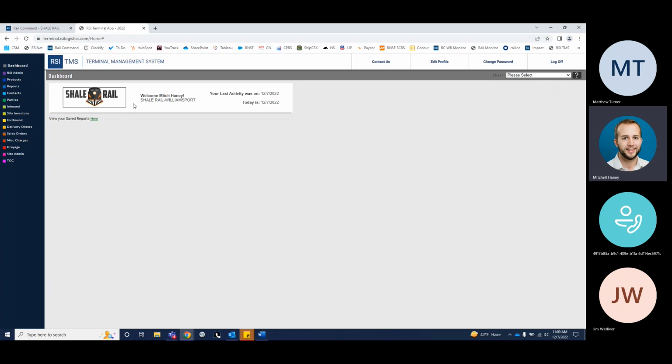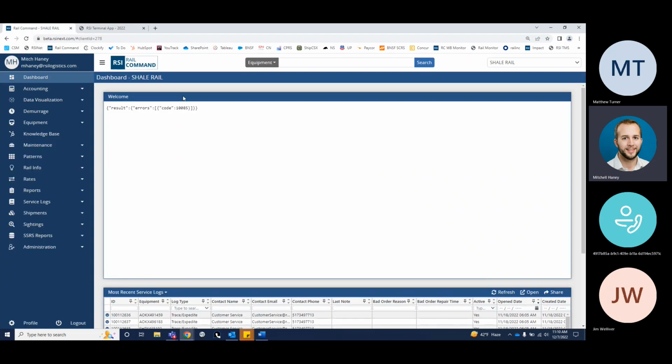To start out with, the process flow, how it works is we receive in our system, Rail Command, which I'm going to set up user access for both of you after this too, so you can log in and see it. What happens in Rail Command is we get all your suppliers' shipments sent to us automatically by what's called an EDI 417. It's just an electronic copy of the waybill essentially. So anything that has Shale Rail listed as the in care of party, we receive those shipments in this system,